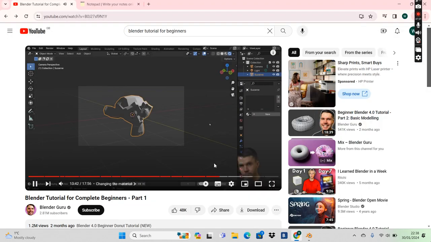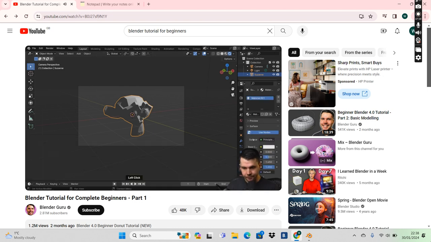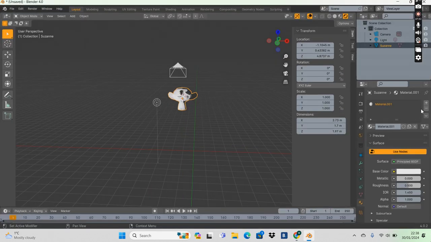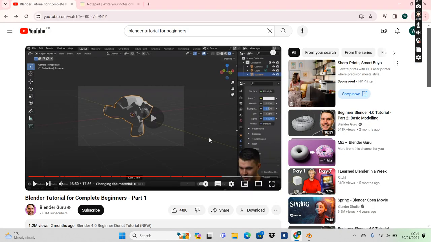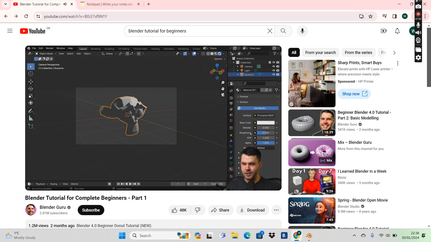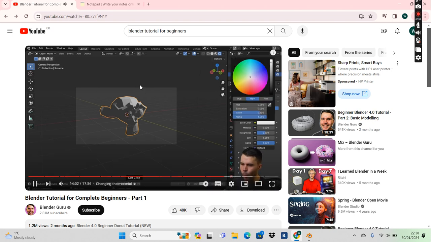Material, change the color to something else, essentially. So underneath here, where it's got new, I'm just going to hit new. And then you've got a bunch of options, very confusing. Ooh, IOR, subsurface. Again, don't worry about it. We'll get to all of that later on. The one that defines the color is the base color. So if I do a single left click on that white box,